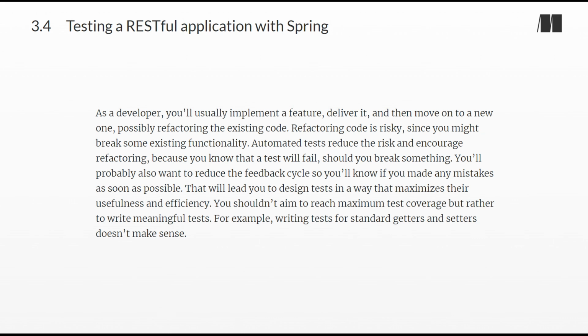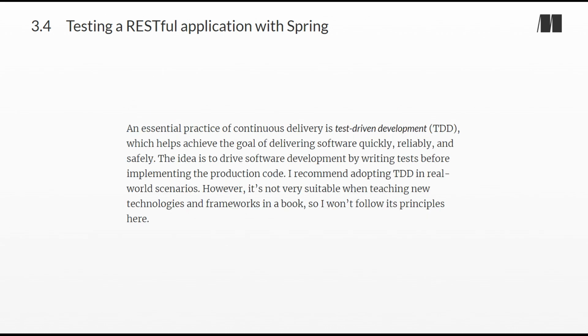You shouldn't aim to reach maximum test coverage, but rather to write meaningful tests. For example, writing tests for standard getters and setters doesn't make sense. An essential practice of continuous delivery is test-driven development, TDD, which helps achieve the goal of delivering software quickly, reliably, and safely. The idea is to drive software development by writing tests before implementing the production code. I recommend adopting TDD in real-world scenarios. However, it's not very suitable when teaching new technologies and frameworks in a book, so I won't follow its principles